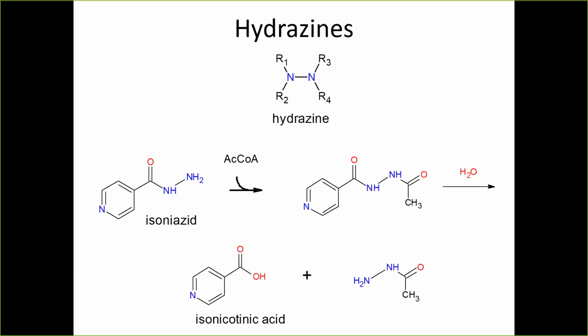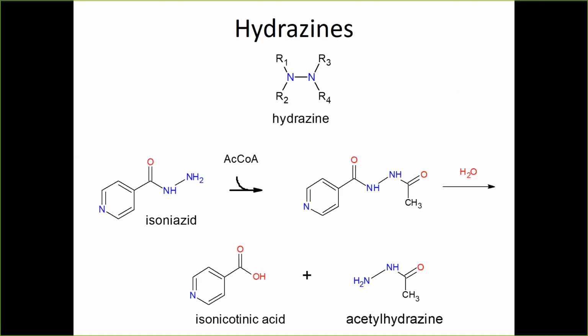This is showing one of the metabolic pathways for this. What you see is that it gets acetylated. We haven't talked about the carbonyl compounds and carbonyl groups yet, but we're going to be doing that pretty soon too. You see the second compound at the top there is the acetylated compound, and then that can be broken up, and you end up with one product, isonicotinic acid, which is not toxic, and then the one at the bottom right there can also be potentially problematic. That's acetylhydrazine, and we're going to talk about acetyl groups in just a minute.